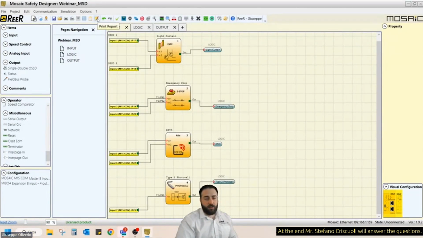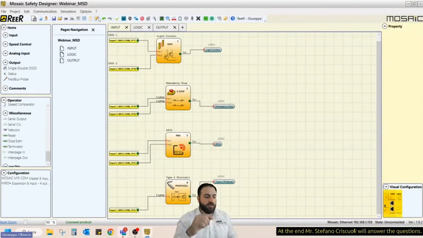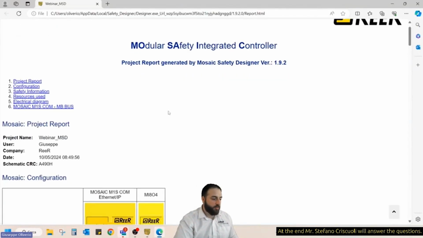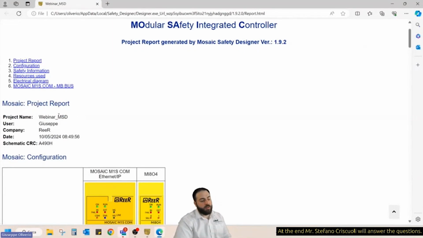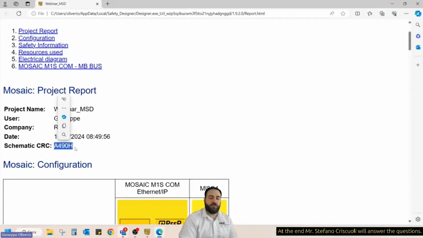And the main stuff, at the end of everything, you simulated, you tested, you did everything. So now print the report. I show you again this because this is very important. Print the report. So click, you can choose the format. I will use the HTML. And this is the project report. So the webinar MSD made by me from company Rare on this date, this is very important, with this CRC code